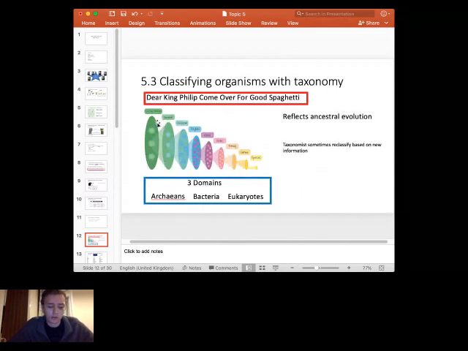Basically, all living organisms are categorized and subcategorized again and again until you reach the most specific type of classification that we have, which is what we call a species. Okay? And as you'll know from topic 4,